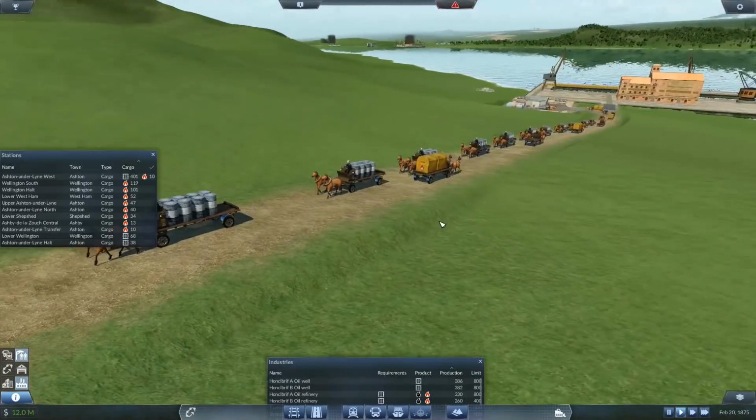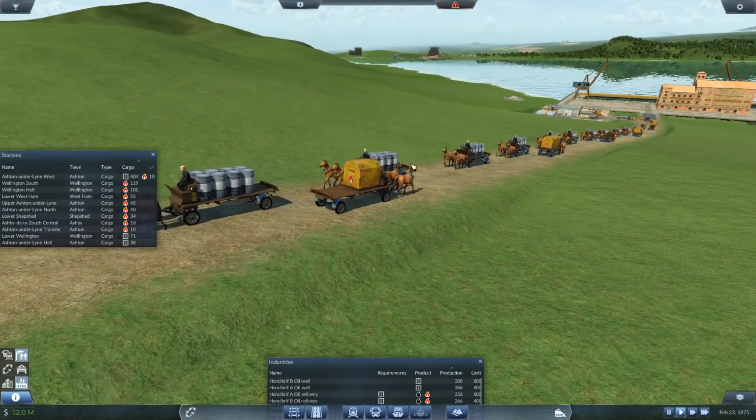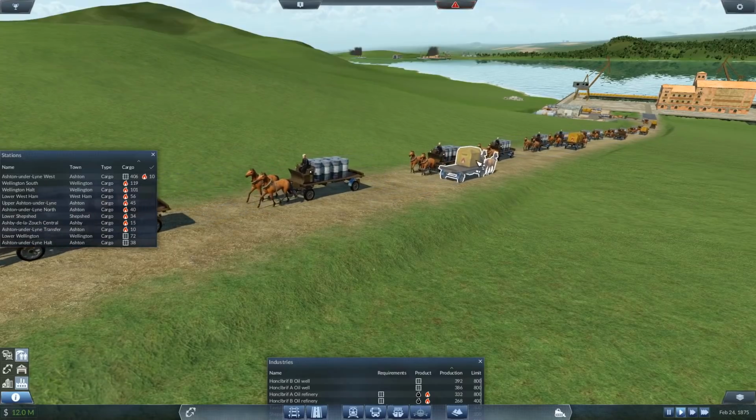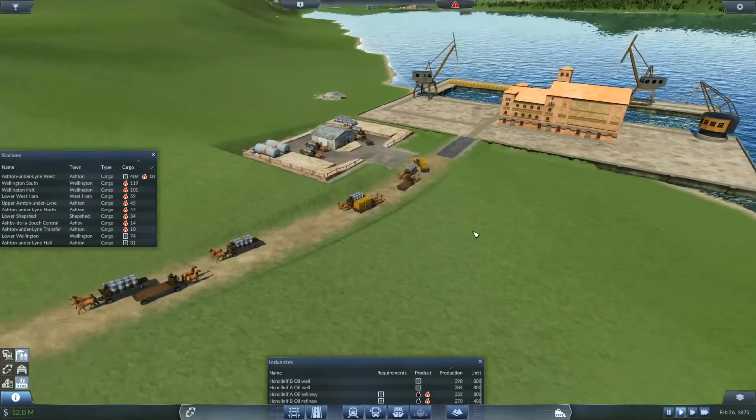Look at all these guys. I love it when you get these open flatbed wagons and you can actually see the oil coming up. You can see the fuel being shipped down. But what I think we can do here now,